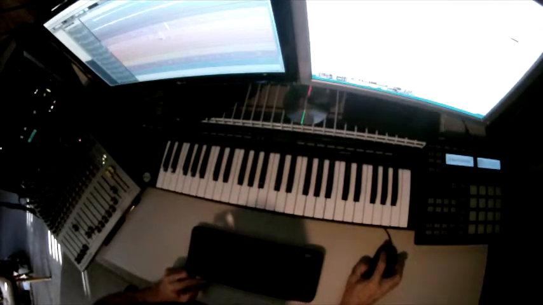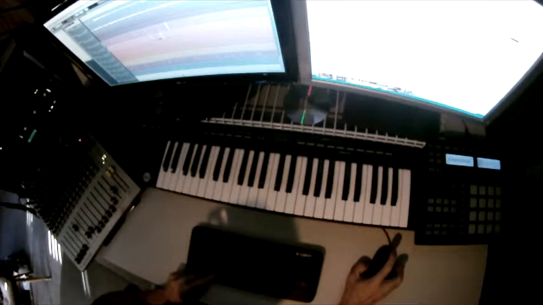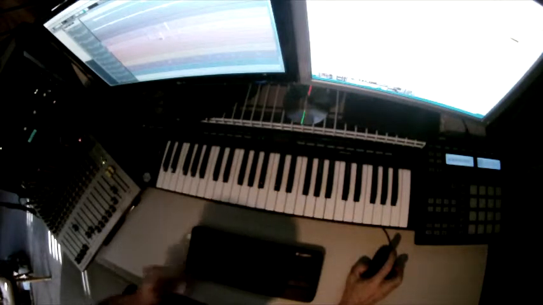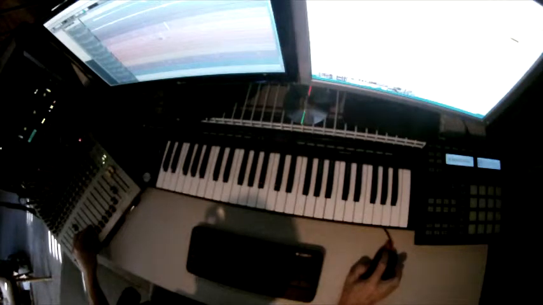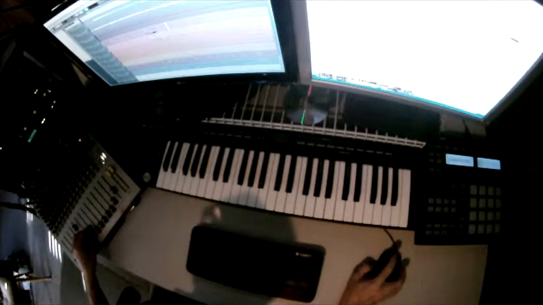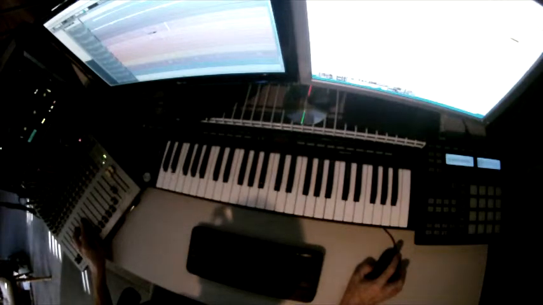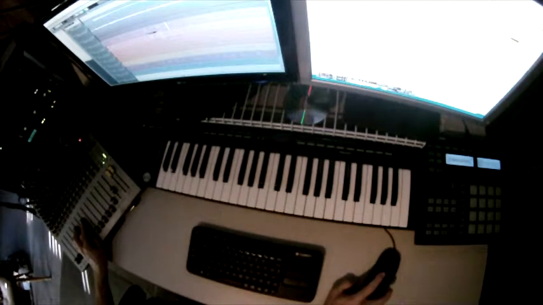Oops. Undo. No, I'm trying to. I heard that, but I'm not quite sure how to align it.